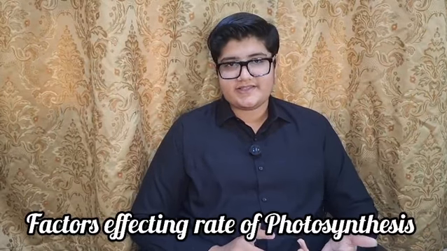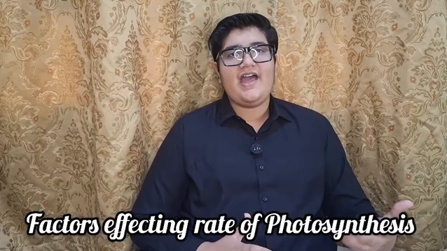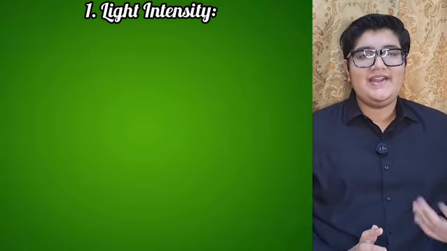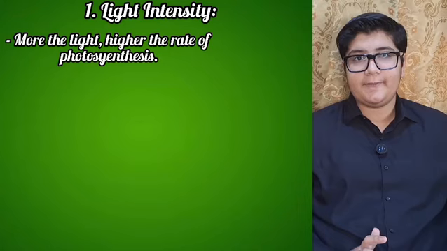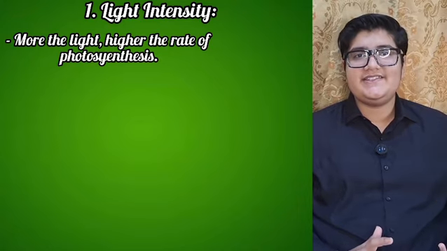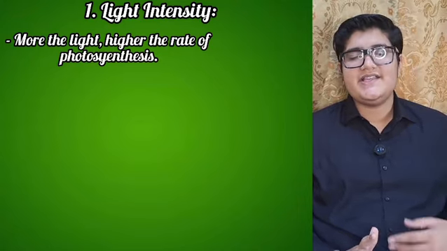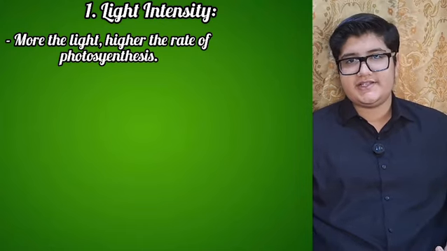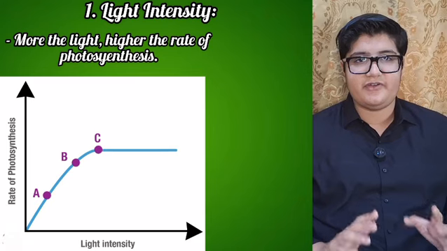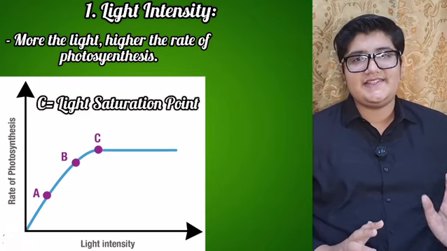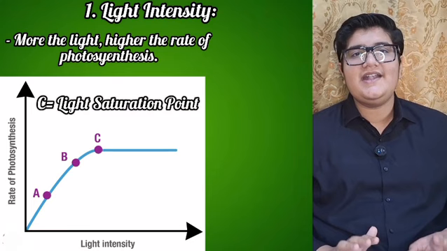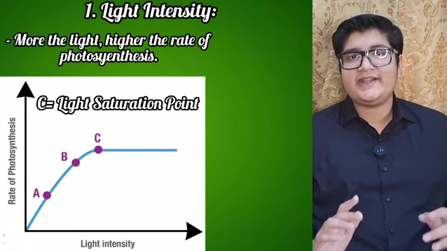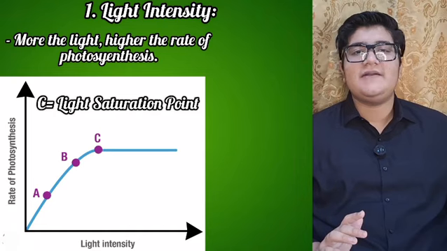Now there are specific factors that affect the rate of photosynthesis, meaning if these factors are more or less, the photosynthesis rate can vary. The first one is light intensity, meaning the higher the light, the more photosynthesis will take place. The graph for light intensity increases linearly, meaning as light increases, the rate of photosynthesis also increases, but only until a specific point. That point is known as the light saturation point. At this point, the plant has got enough light and it can't take any more. So the graph now becomes straight.